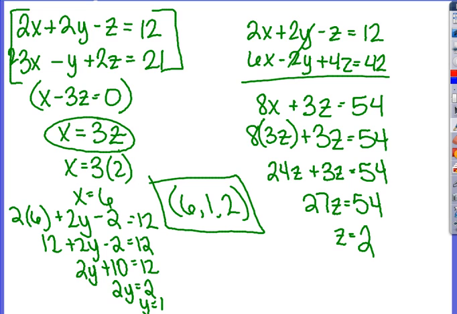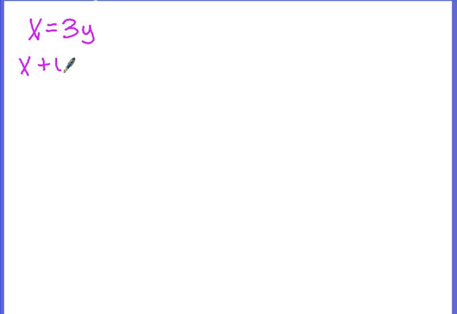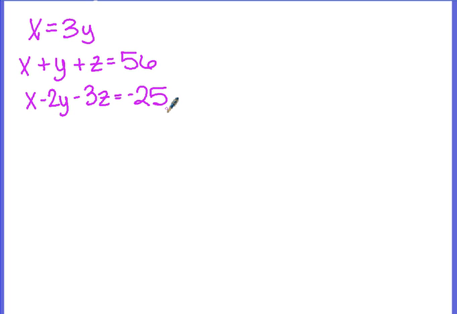third example no problem. Alright, so for this example, I want you to go ahead and jot down in your notes, x equals 3y, x plus y plus z equals 56, x minus 2y minus 3z equals negative 25. Go ahead and take a minute to jot that down. I do want you to come back and work this problem out so that when we check it in class